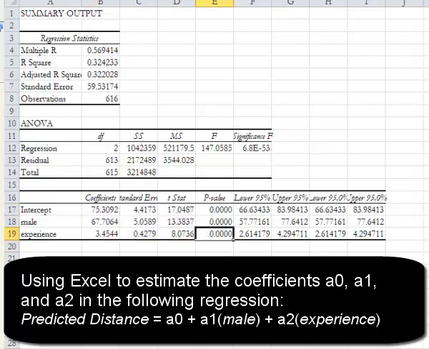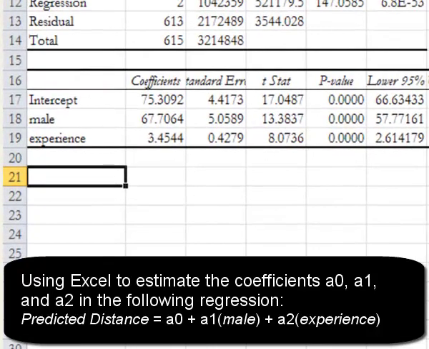Because all of the p-values are less than 0.05, that means we can take all of our coefficients seriously. And what this means is that to predict hitting distance, we would do this equation. We would go predicted distance equals our intercept of 75.31. I'm just going to round to 2 decimal places here, plus the coefficient for male,